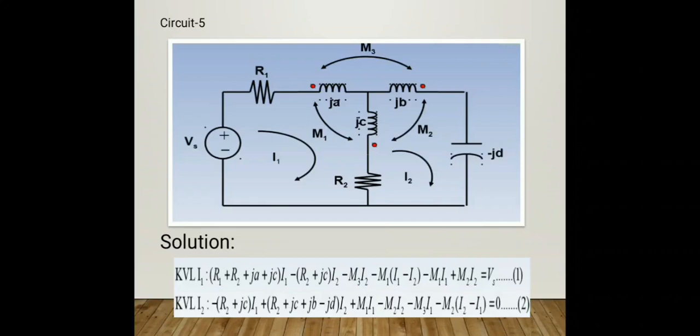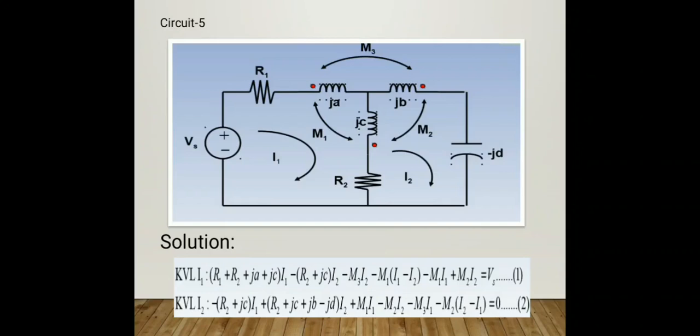Let me see the second loop. The second loop has two inductors, JC and JB. Normally we can write minus R2 plus JC I1 plus R2 plus JC plus JB minus JD I2, plus,